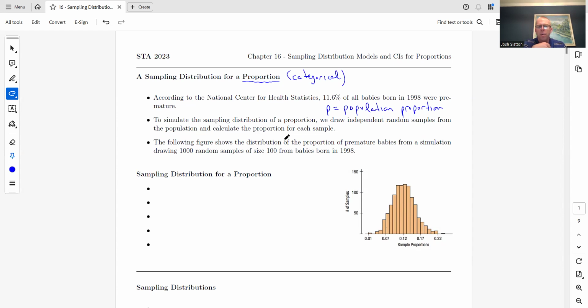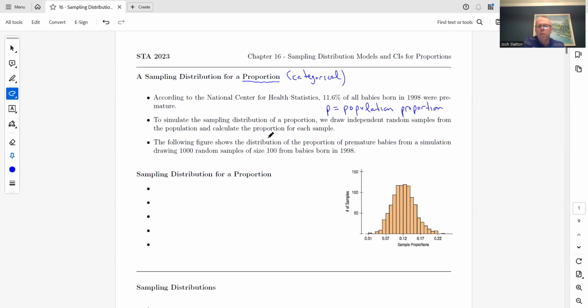So that's what this means, where we're going to get a sampling distribution. And then, let's say my sample said 12%, and the first person in the class, their sample said 11.3%, and then someone else said 12.2%. So we're all around that area, around the 11.6%, but we all pretty much get different answers or different proportions. So we're calculating a sample proportion for each sample.